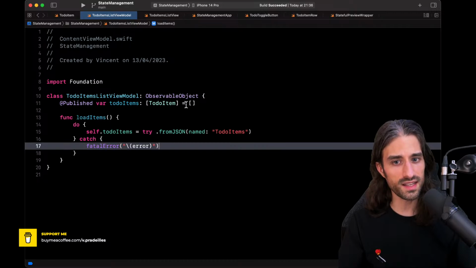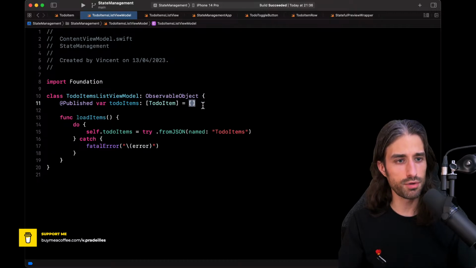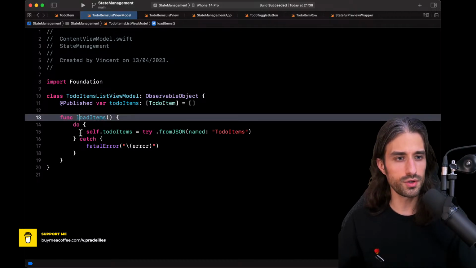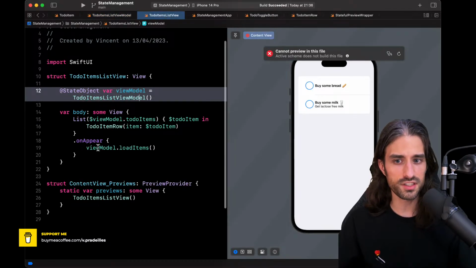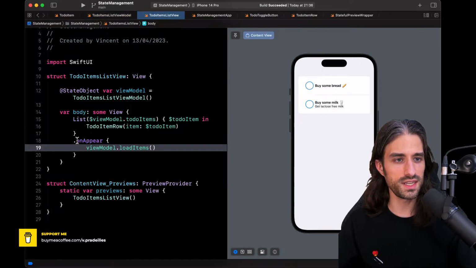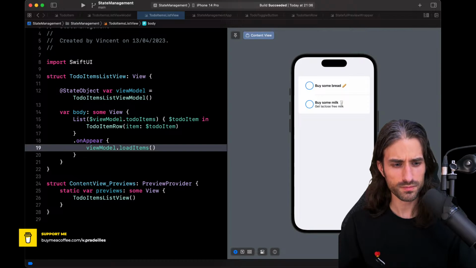And that also extends to the default values of the @Published properties, because this default value is part of the init. It's just syntactic sugar, so that I don't have to define an init explicitly. And so that's why I moved the code that was costly into this loadItem method. It forces me to remember to call the method in onAppear, but it comes with a great advantage performance-wise. So I really recommend that you follow this approach.